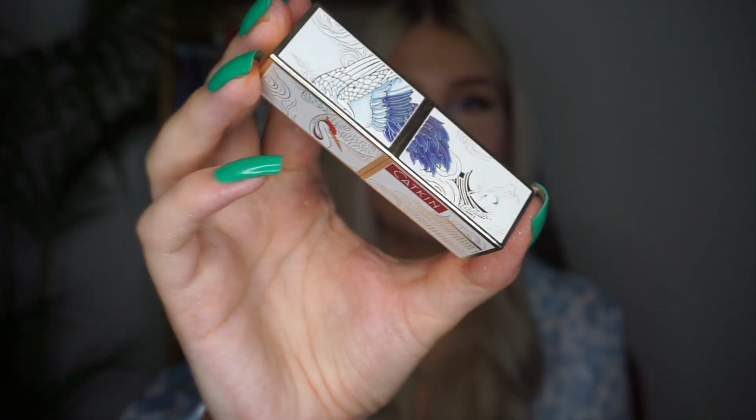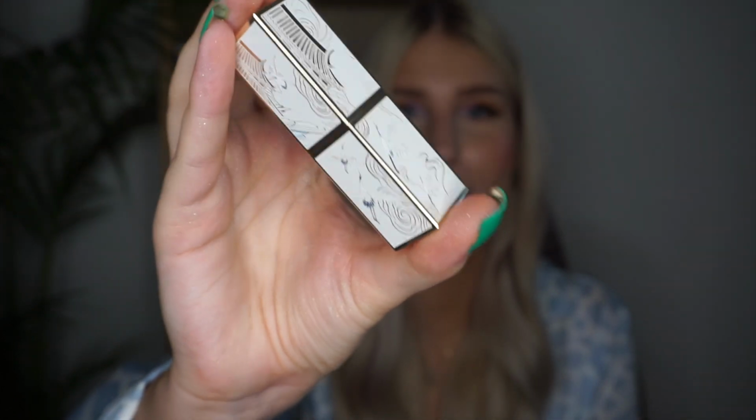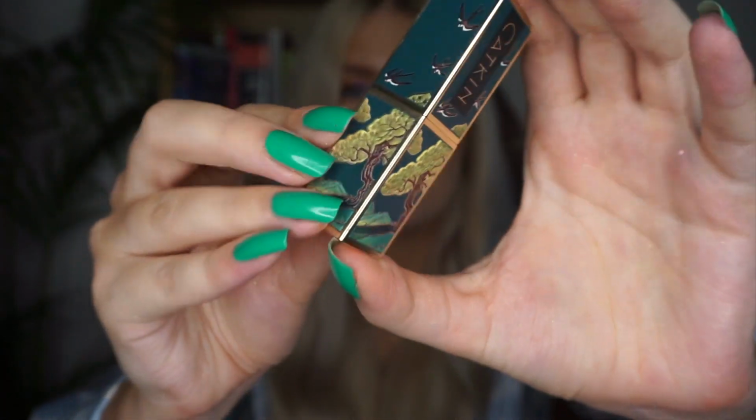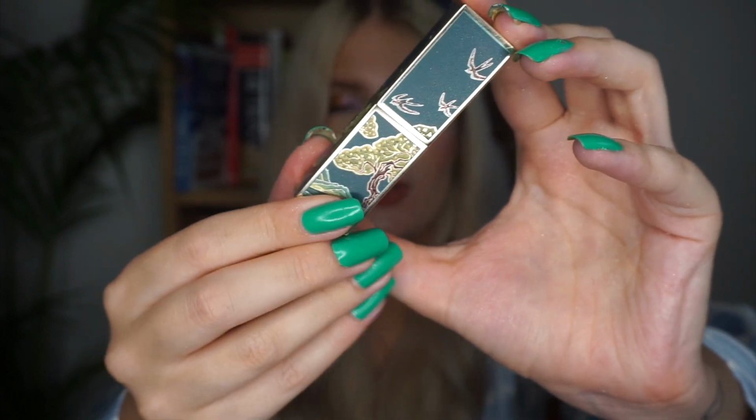So that is the second one, and this one is such a beautiful one, and yeah, this one is more of a unique one. And then the last one is this green one, and this one actually has the same illustration on each side. So that is what this one looks like. So we do have 2 different formulas with these, and these 2 right here are the Rouge Matte lipsticks,